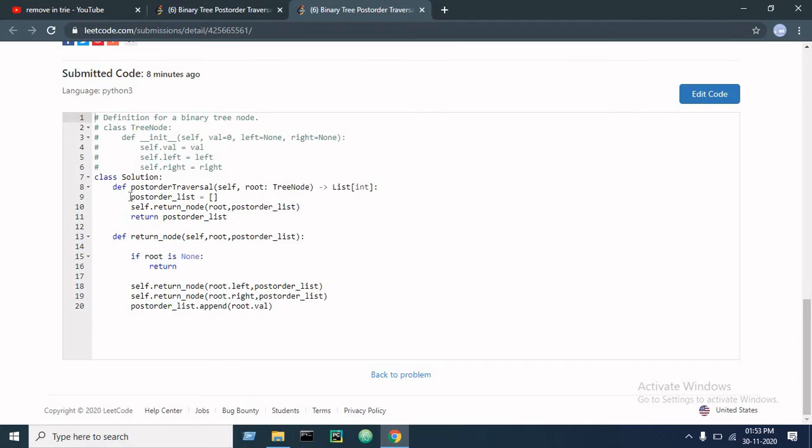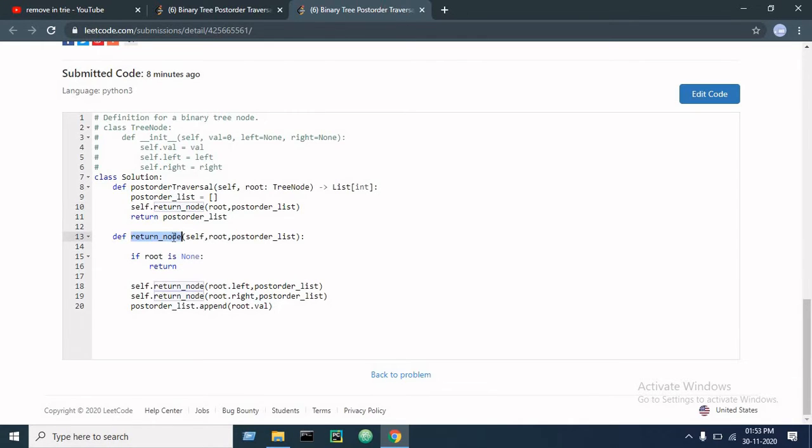First of all, I initialized a new variable called post order list. This is the variable in which we will store the order of the tree and return it at last. I made a function called return node.